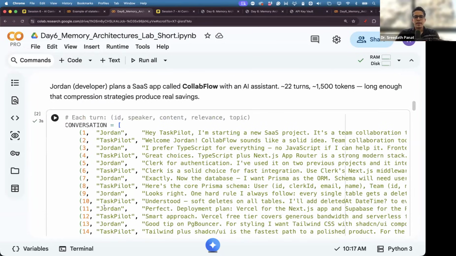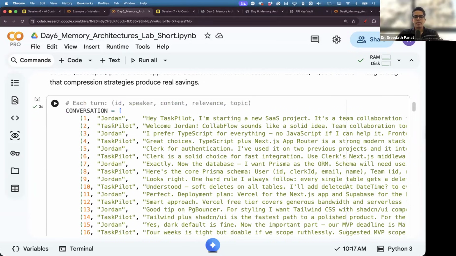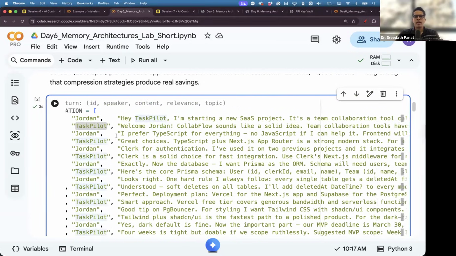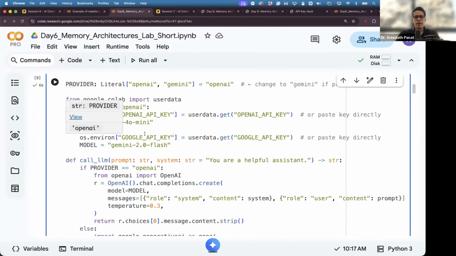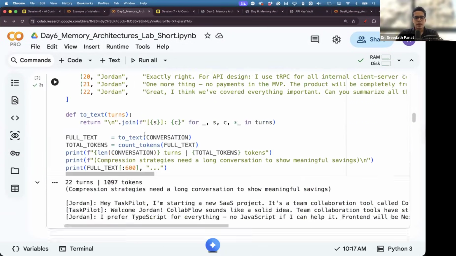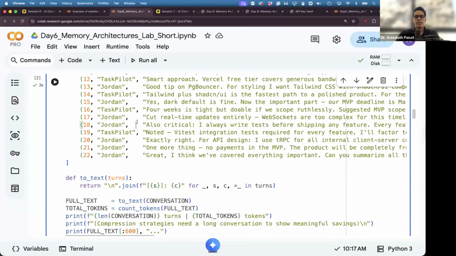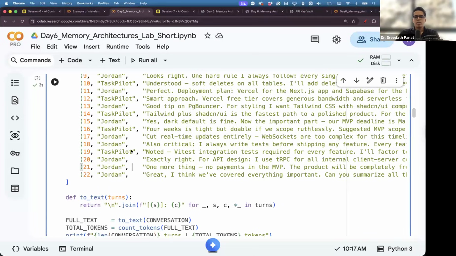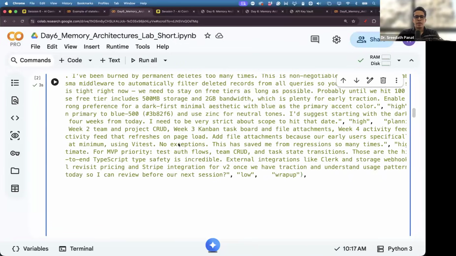Okay, so now this is our data set. Look at the data set. This is the user. This is the assistant. And there are around 22 past conversations that have happened between the user and the assistant. Now you will notice one more thing here. If you scroll a little bit to the right,